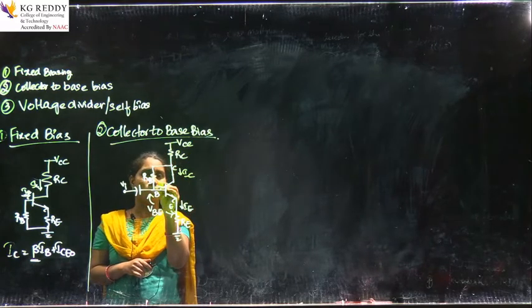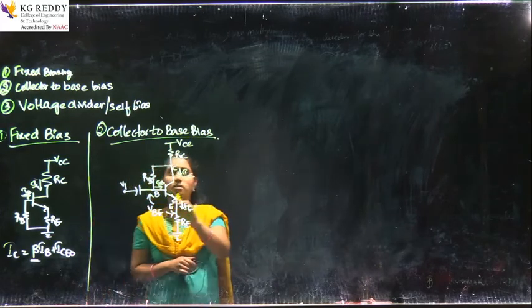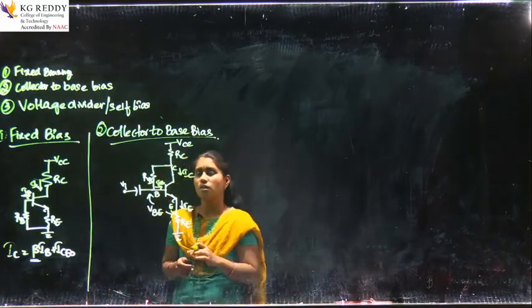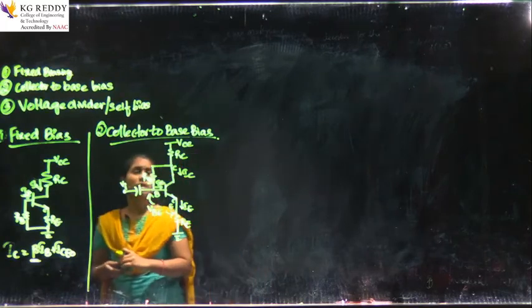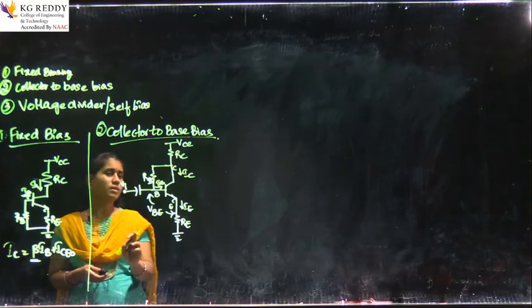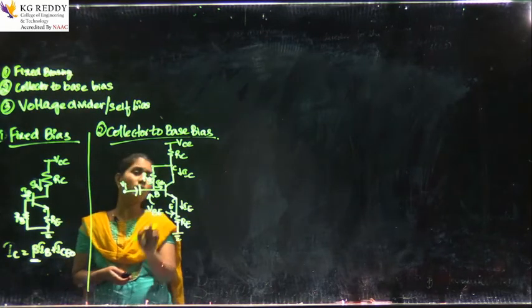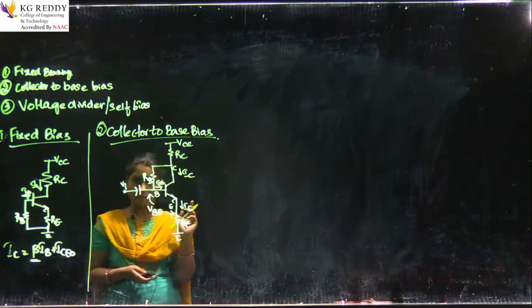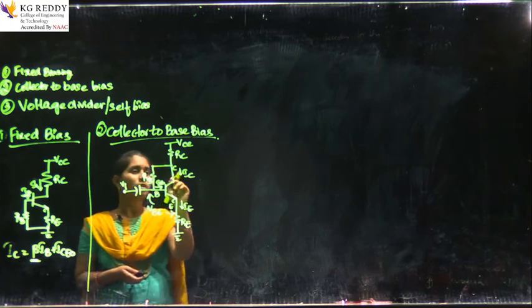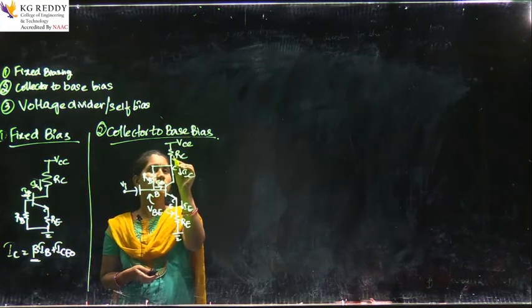IB current would be flowing through this one. Okay. So, here just to see here IC, this is about your collector to base biasing method. Now, in the case of your collector to base biasing method, instead of directly connecting the base resistor to ground, I had made it as a feedback resistor between your base and collector. Is it right?